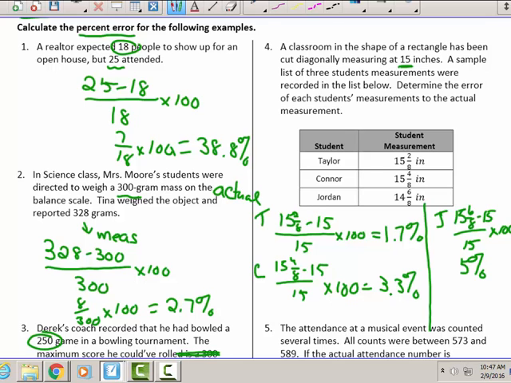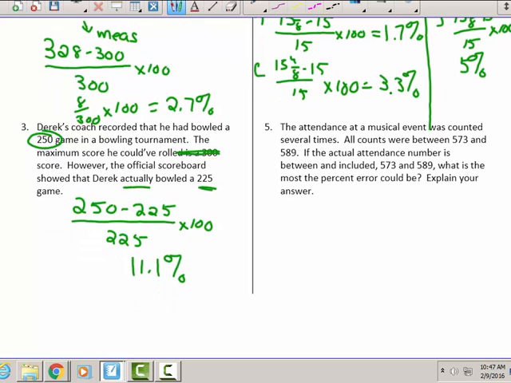All right, so doing all three of them. So the attendance at a musical event was counted several times. All counts were between 573 and 589. If the actual attendance number is between and included 573 and 589, what is the most the percent error could be? Explain your answer. So the most it could be is when I subtract those,